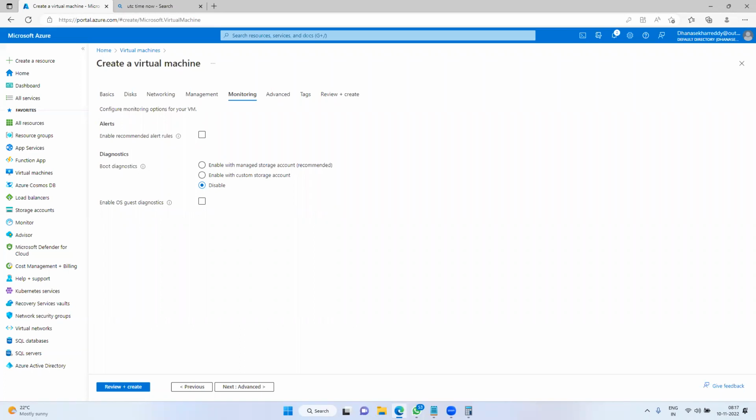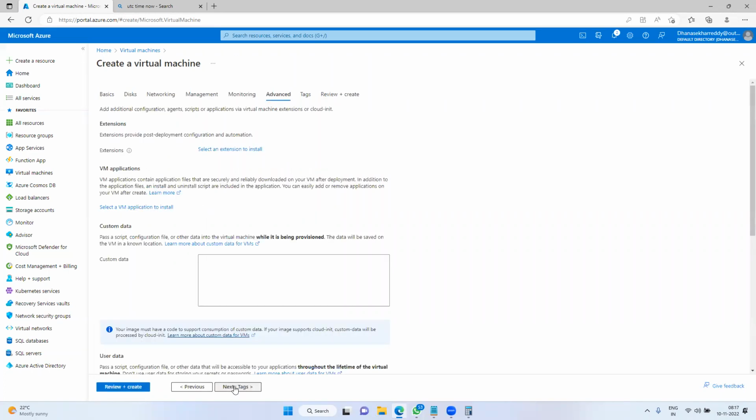Next, advanced. This is the customization. Whenever you are creating a VM, it is just creating an empty VM. For example, if you would like to provision this VM with pre-installed software, such as an antivirus, yes, you can write the script.